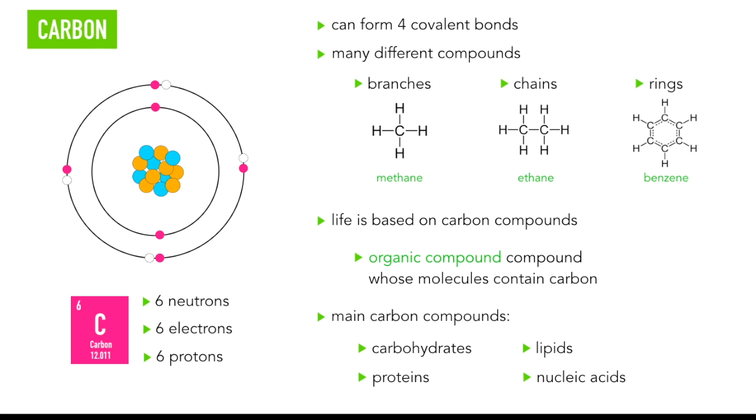Now let's talk more about carbon. Carbon can form 4 covalent bonds because it wants to fulfill the octet rule. Carbon is very, very versatile, so there are many different compounds of carbon. First, it can form branches like methane right there, which is CH4. It can form chains of carbon, and rings of carbon like the benzene molecule over there, and life is